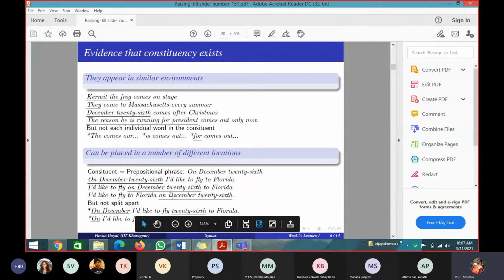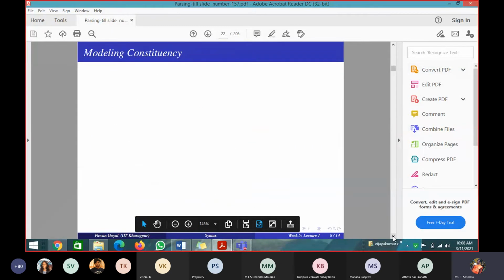In these three sentences, does the meaning change? Whether they represent the same thing. Yes, I am taking the collection of words together. I am not splitting the words, with "on December" in one place and the rest in another place. I am not using it like this: on December, I would like to fly 26 to Florida. I am not splitting like this. That is wrong.